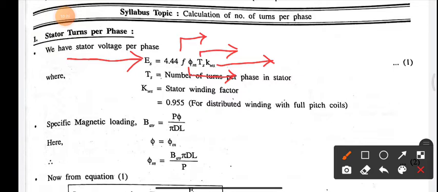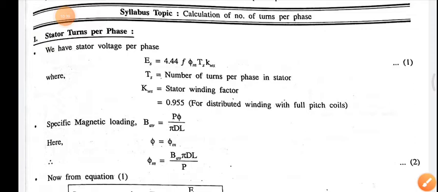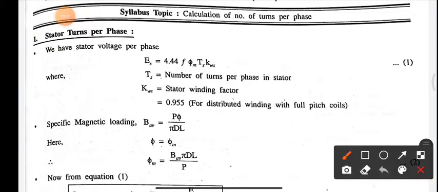So first of all, this frequency, we know that it is 50 hertz. Okay, no need for that. Now this φm, what is φm? Now this is flux. We have already seen in the last lecture what magnetic flux density is, or the specific magnetic loading, right? Specific magnetic loading. We have seen that. For that, the definition is: the average flux density over the air gap is known as the specific magnetic loading. So for that, the formula is given here: Bav = pφ / πDL.